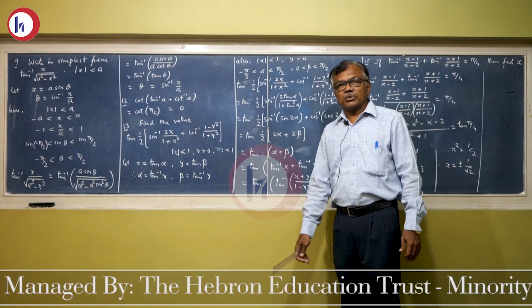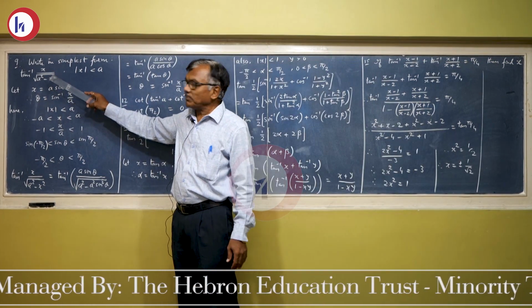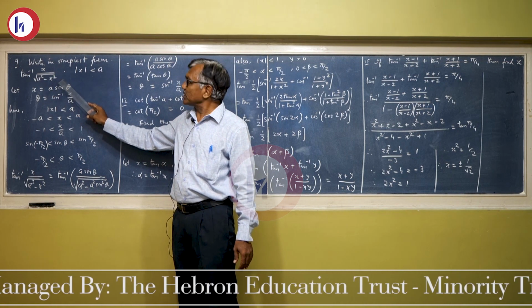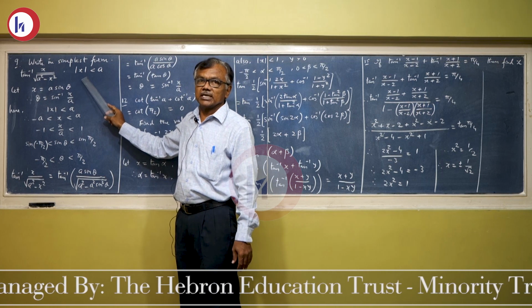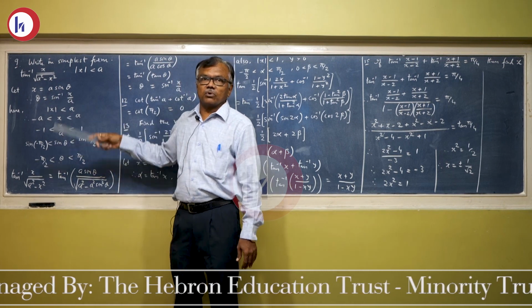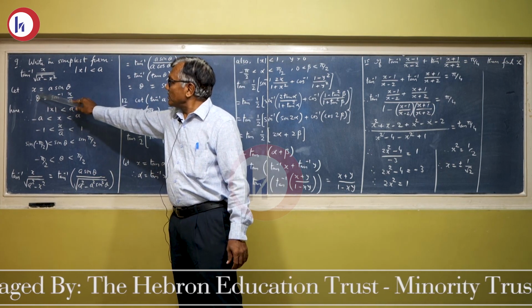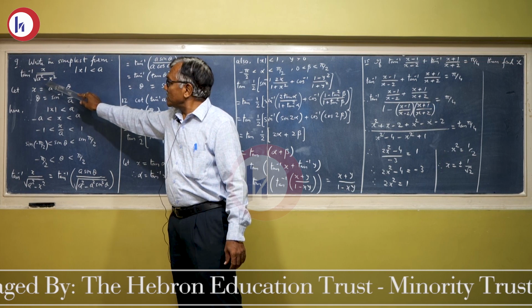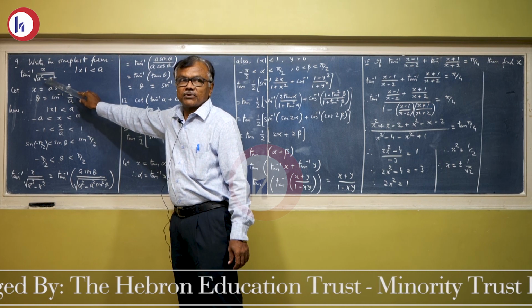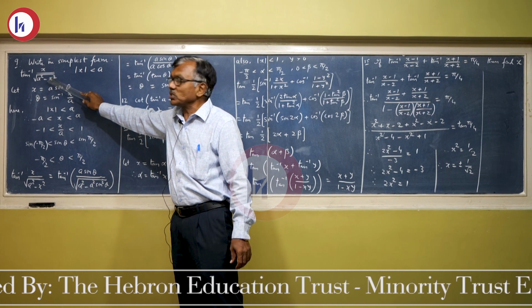Okay, let us see some more examples of the same exercise 2.2. Ninth example, exercise 2.2. Write in the simplest form tan inverse x upon square root of a square minus x square. Condition is given that mod x is less than a. Here also, as I told you in the previous example, you substitute what you want to assume, just substitute orally first. Suppose x is equals to a sin theta. So x square becomes a square minus a square sin square theta. A square common, 1 minus sin square, that is cos square. So a square cos square, square root of a square cos square is a cos.